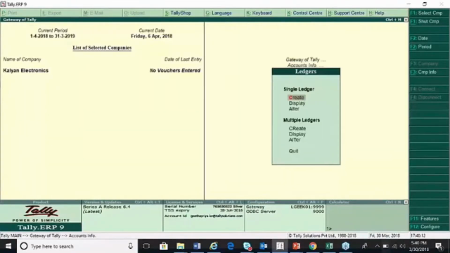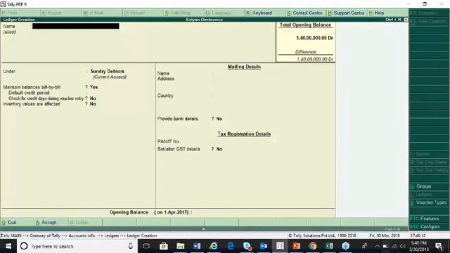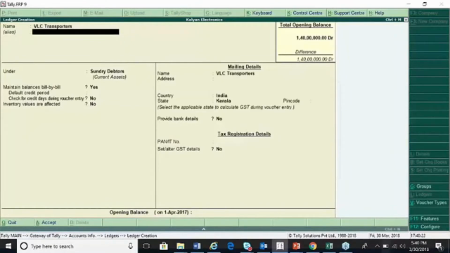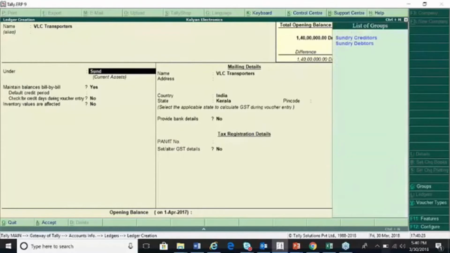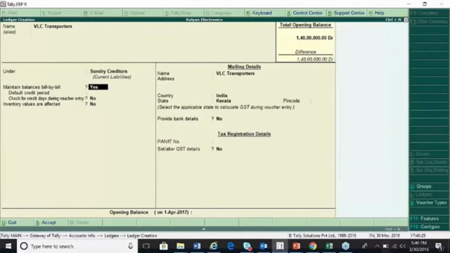Accounts Info, Ledger, Create. VLC Transporters. They are sundry creditors as we are availing services from them. Select under Sundry Creditors. They are from Thrissur, Kerala, and the PIN code is very important to be given.